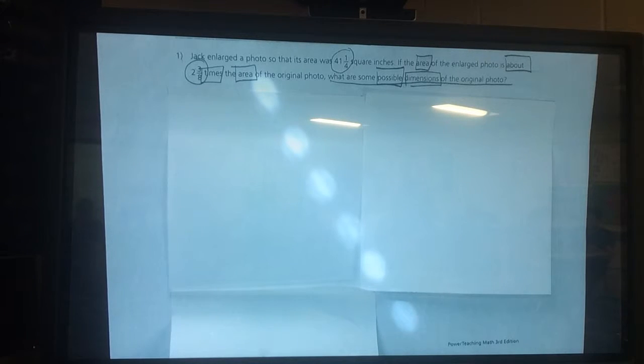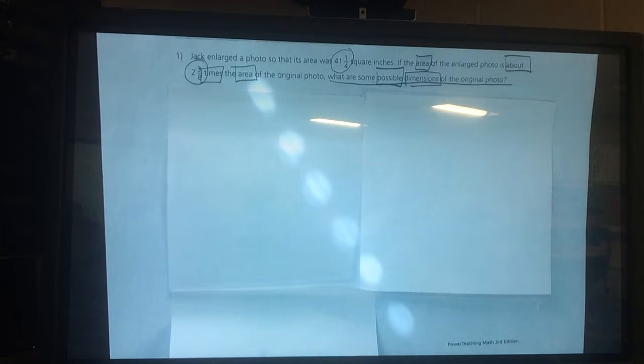So when we look at 41 1/4 square inches, it's going to be a little bit bigger than a 5 by 7, but quite a bit smaller than an 8 by 10. But it gives me an idea of what this is going to look like. Where it says the word about, that tells me that with about and possible, my answer is not going to be an exact answer. This problem is more concerned about whether or not I know the process and I can come up with dimensions that are